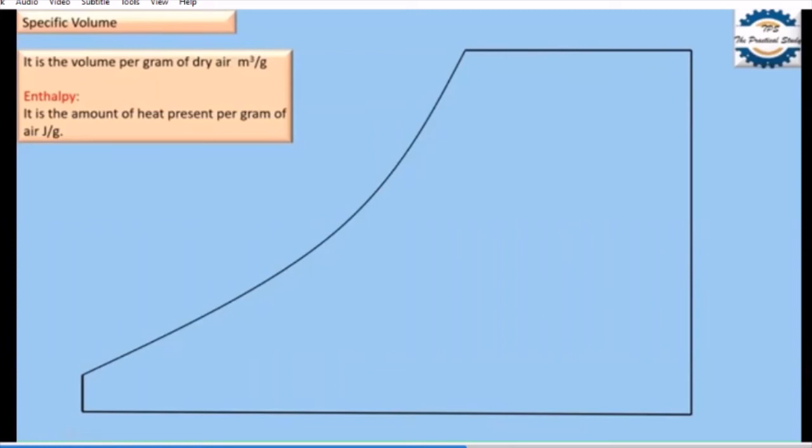Let us see it here. Not only the specific volume, we can also identify the enthalpy with the same procedure. So write down the sixth property as specific volume or enthalpy. The two parameters we can take from the chart are specific volume or enthalpy. Write down the sixth parameter in the notes, specific volume or enthalpy.